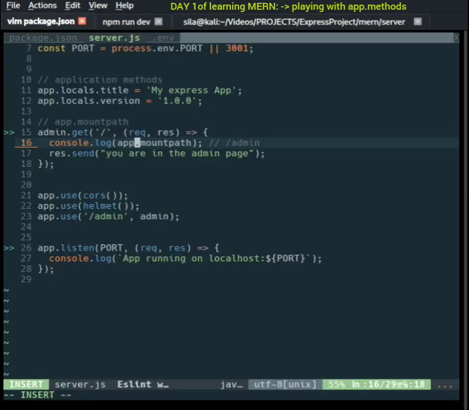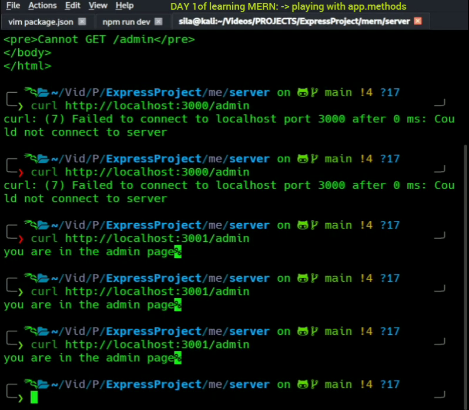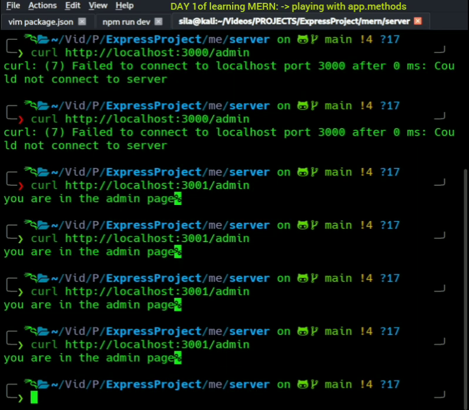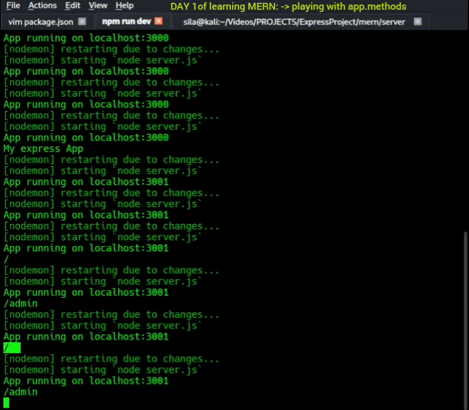But when you use admin like this, then we are going to get /admin. So we have to access that resource maybe at that, and then inside here you see you are getting /admin. Then the third one I looked at was the